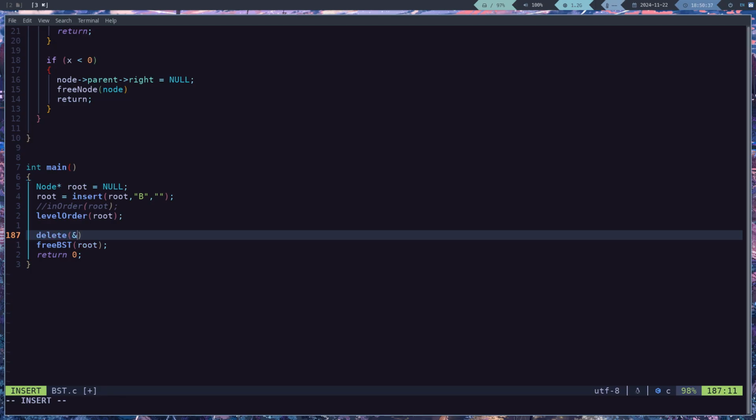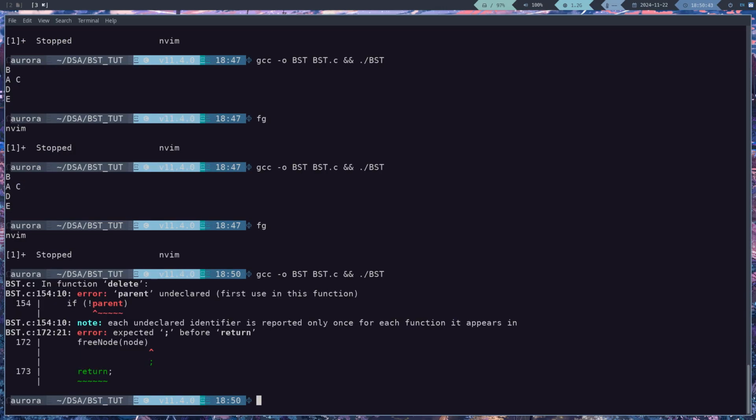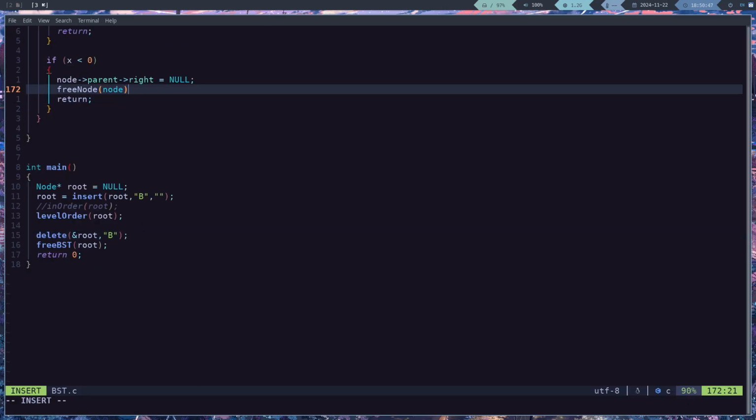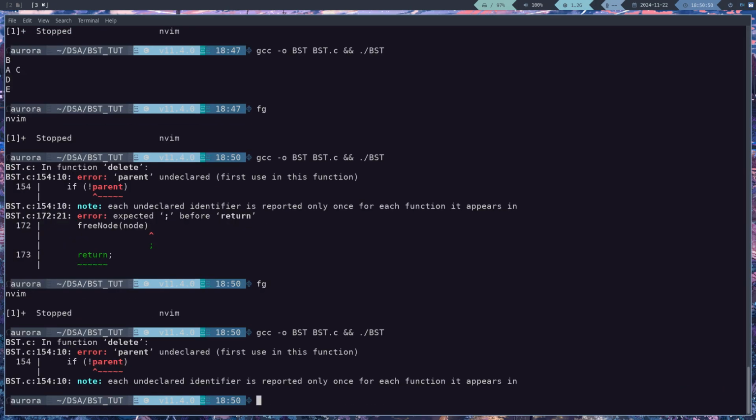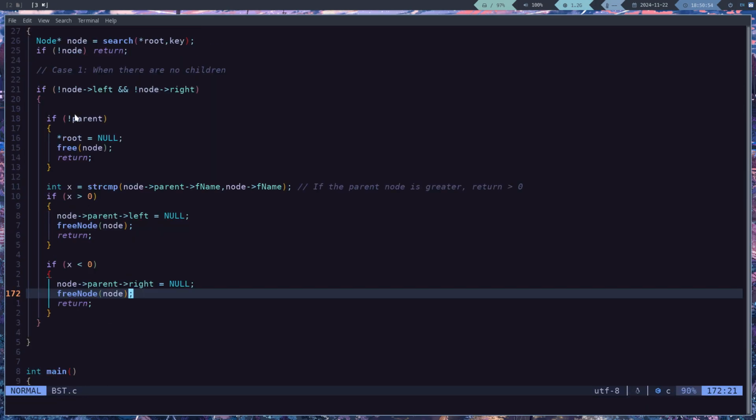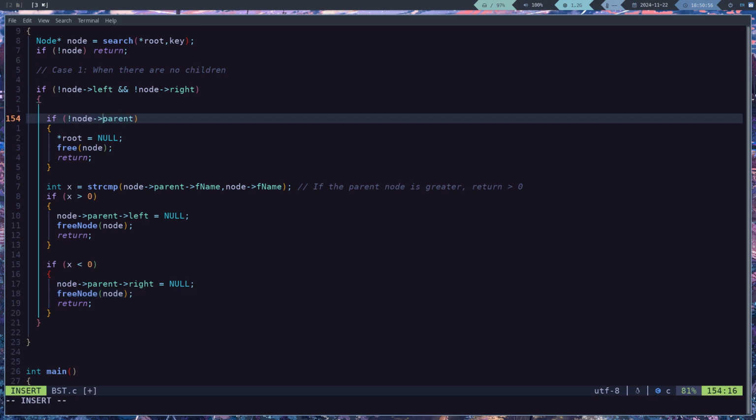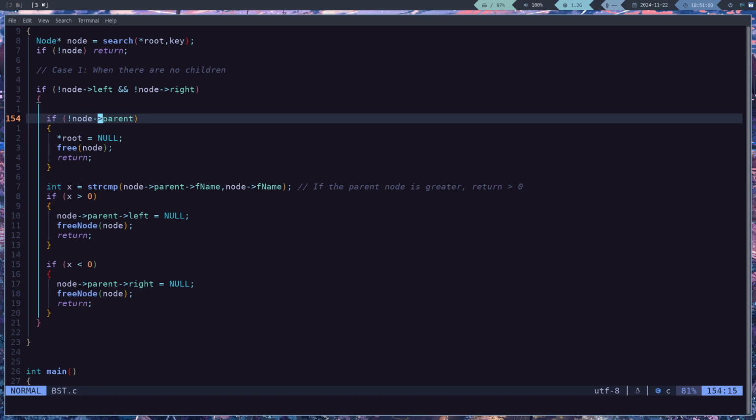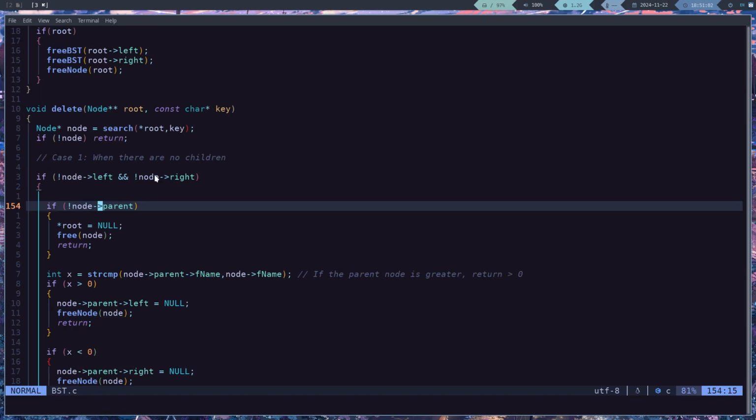We need to give it a pointer to a pointer, so root, and then we'll delete B. Make sure to see here, the left side of the semicolon. If not parent, node.parent. Alright, so I think we were able to successfully delete that, but we need to test this a bit more